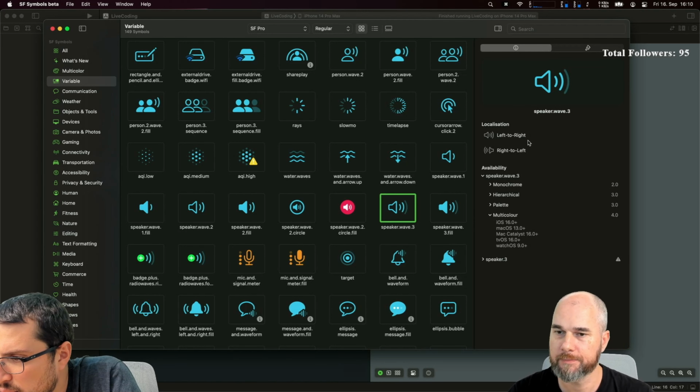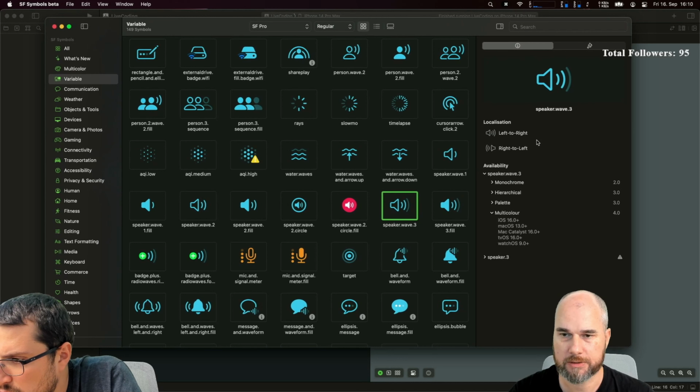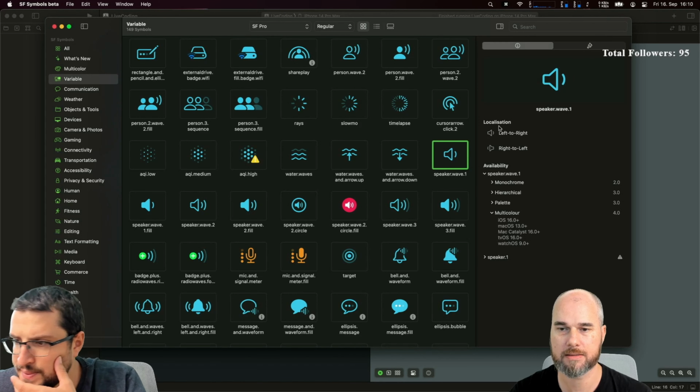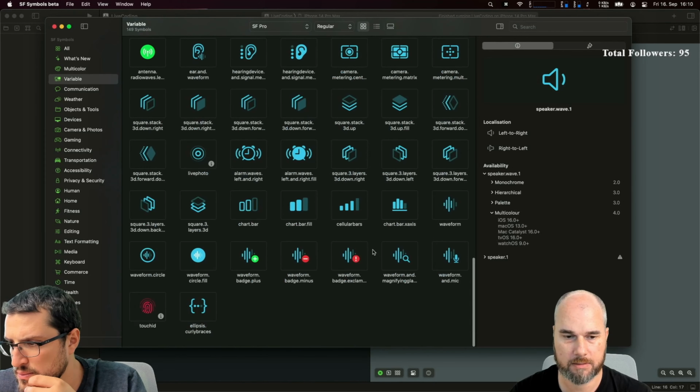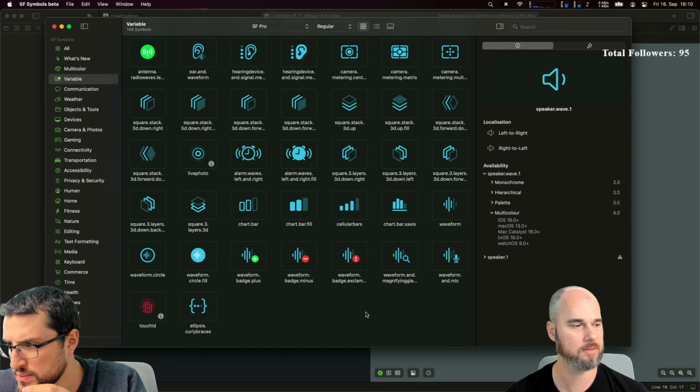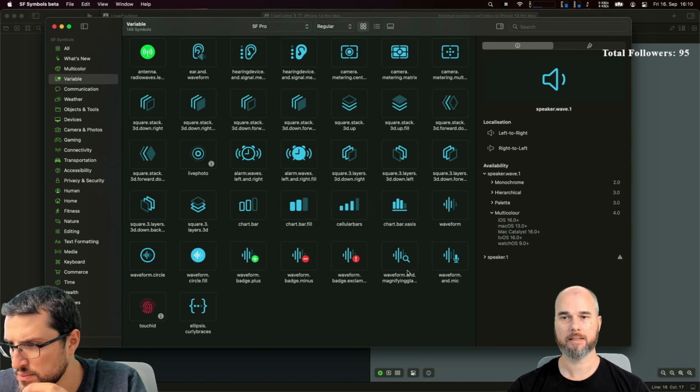While you check it, I can describe a little bit of the SF Symbols, because the cool stuff is here. You have the localization, so left to right and right to left. Some of them are already localized, and you can also create your own SF Symbols. That's the cool thing. I haven't done it right now, but I watched the WWDC session where they created them. So you can create here somehow your